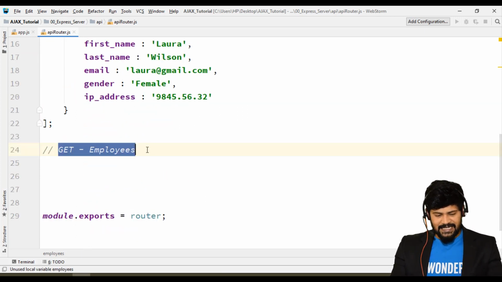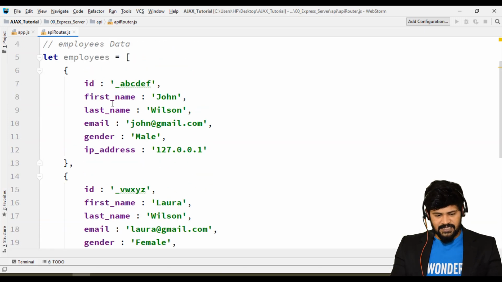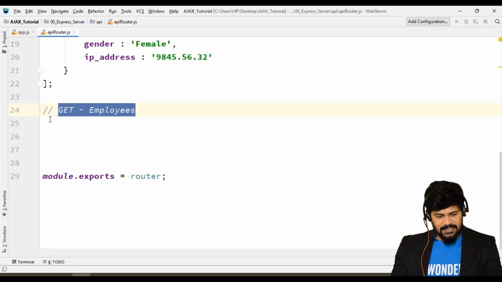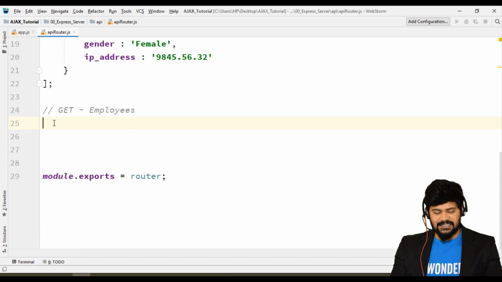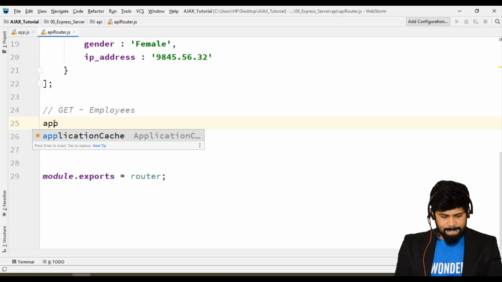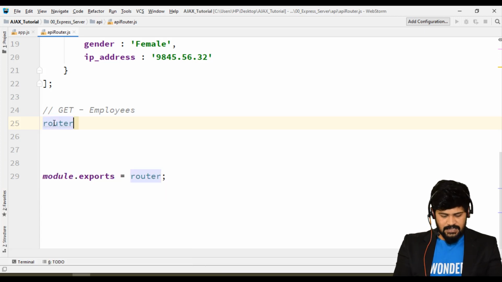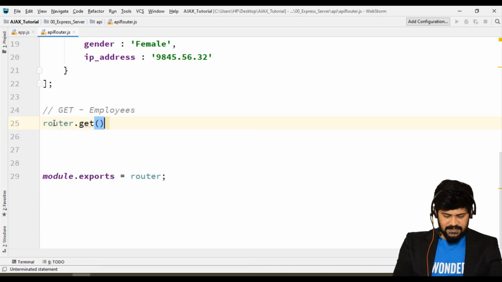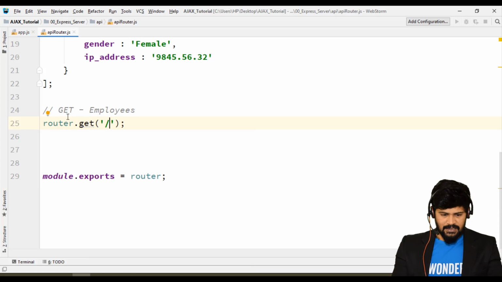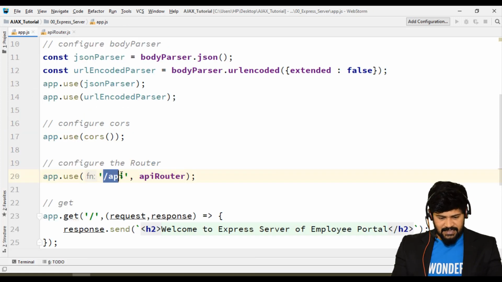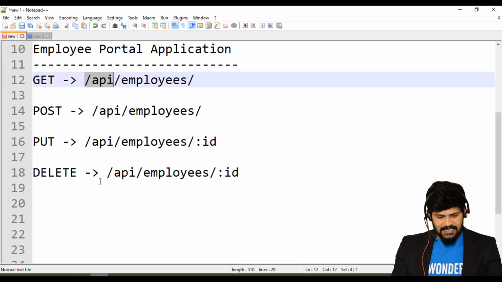So when you make a GET request to the server, I need to fetch this data back to the client. So how to perform a GET request in the server-side configuration is we have router.get. So what is the URL? We already configured the API, and apart from the API, what else we have is /employees.